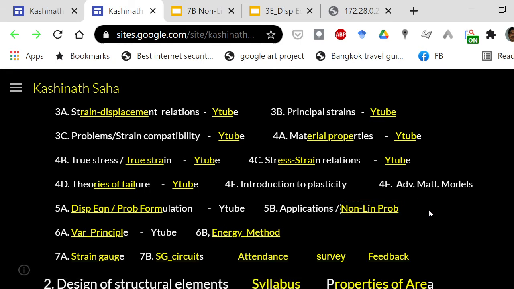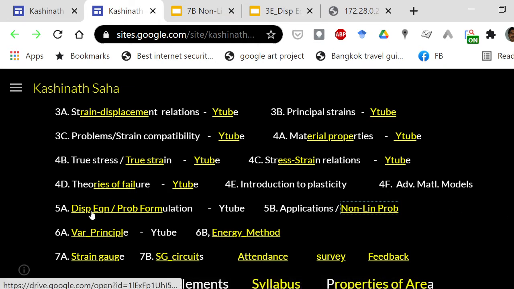The next part would be the solution of that mathematical equation or sets of equations in whatever form it is, algebraic form, differential form, integral differential form. Whatever it may be, we will see how we can solve that, and we will be focusing on these two methods, the variational principle and energy method. So with this background, let us start.